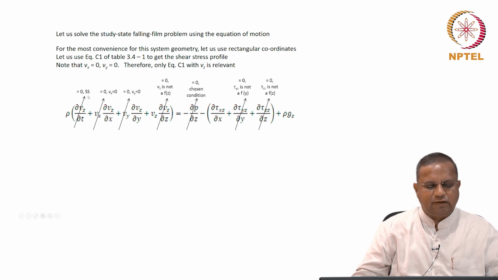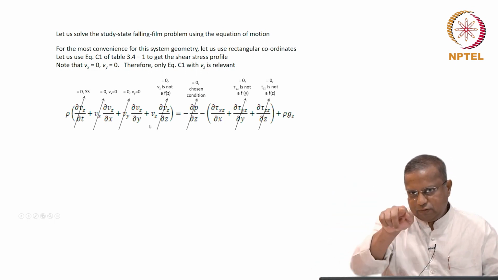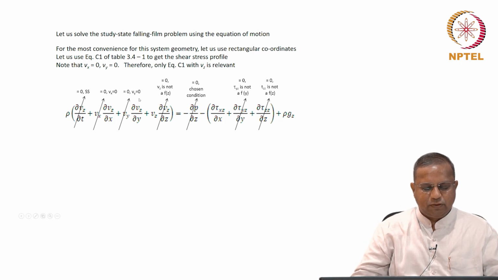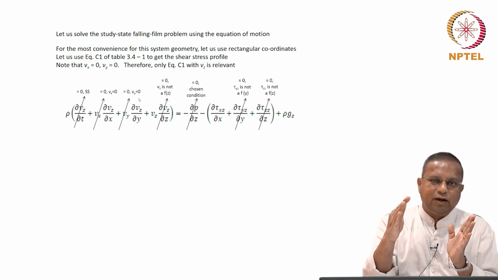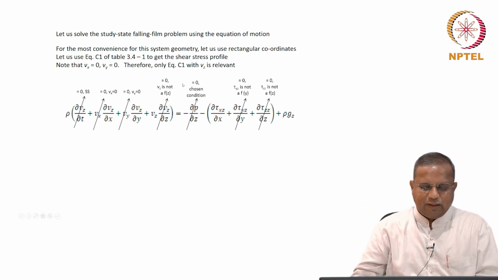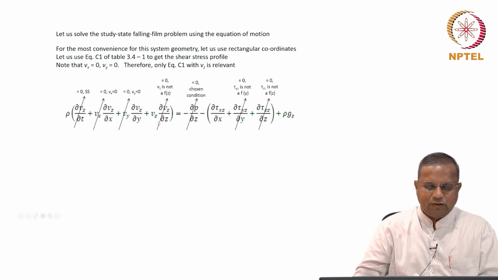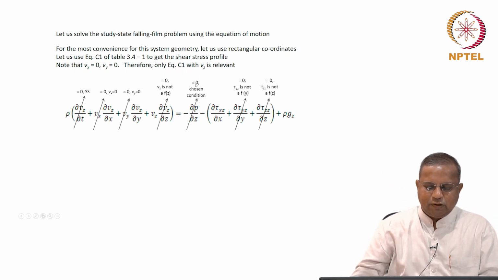This is a steady state analysis, as we said. Therefore, there is no variation with time. The first term goes to 0. There is no Vx, right? There is no velocity in this direction. Therefore, that is 0. There is no Vy, so that goes to 0. There is certainly a Vz. However, we have taken the case of well-developed flow, which means Vz is not varying with z. Therefore, Vz is not a function of z, and this derivative goes to 0. And we have already chosen that the pressure does not vary with the length, and therefore dP/dz is 0 by the chosen condition. This term remains.